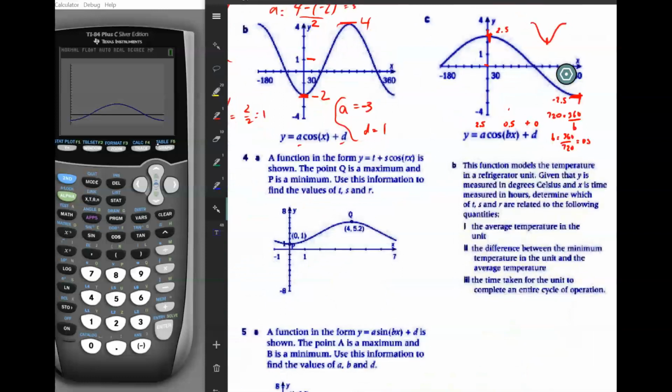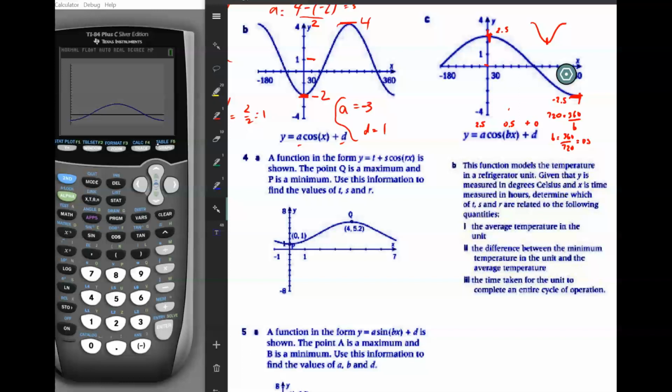Number 4. A function in the form y equals t plus s times cosine rx is shown. The point Q is a maximum and P is a minimum. Use this information to find the values of t, s, and r. Okay, so this is a pretty similar